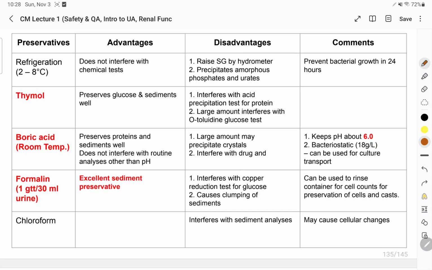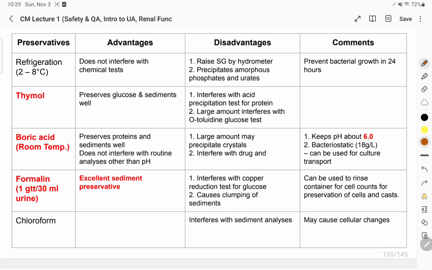So, you can also use thymol, boric acid. Boric acid should be stored at room temperature. And also formalin and chloroform. Thymol is used if you want to preserve glucose and sediments well. But the problem with thymol is it interferes with acid precipitation for protein. And a large amount of thymol will interfere with the toluidine glucose test. Boric acid, on the other hand, preserves proteins and sediments. Thymol: glucose and sediments. Boric acid: protein and sediments. And it does not interfere with protein analysis other than pH,